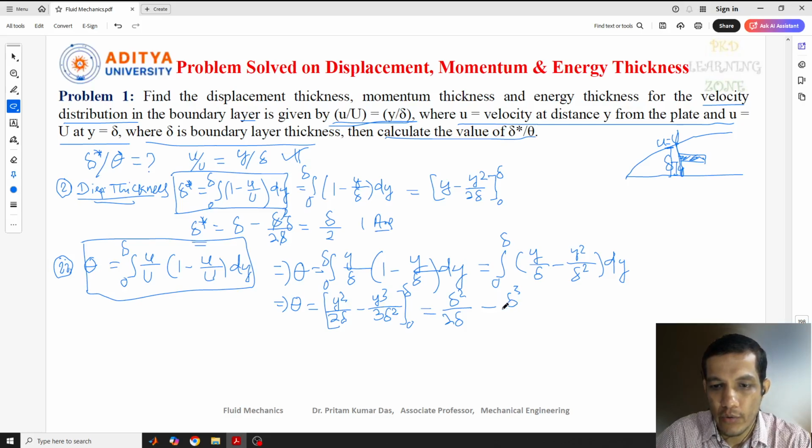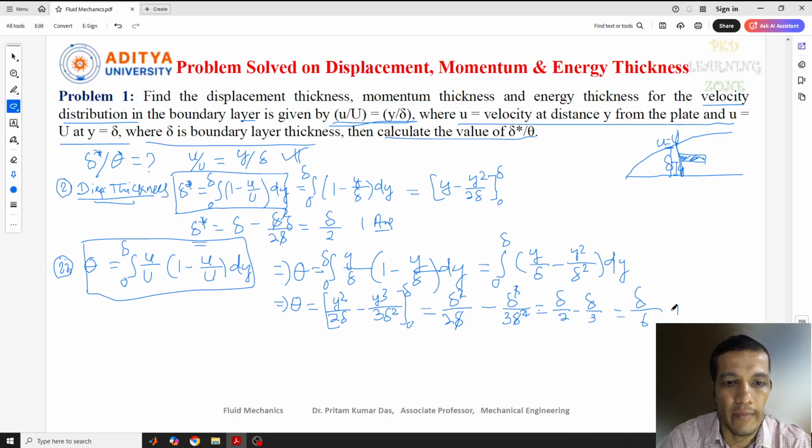this is delta cube by 3 delta square. Now delta square will be cancelled, and here if you cancel this one, we'll get only delta by 3. So delta by 2, so what will we get here, delta by 2 minus delta by 3. So we'll get delta by 6. This is one answer. Now previously how much did we get? Previously we got delta by 2, and this one we got